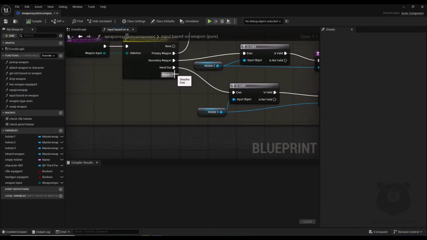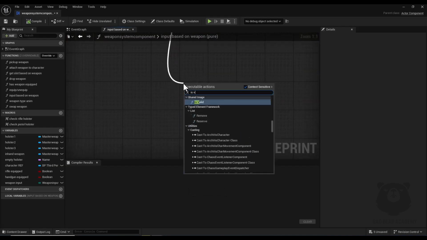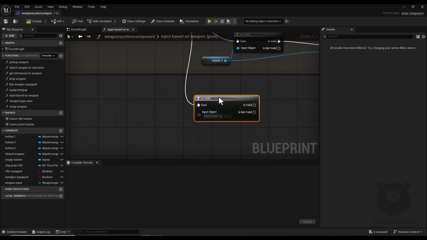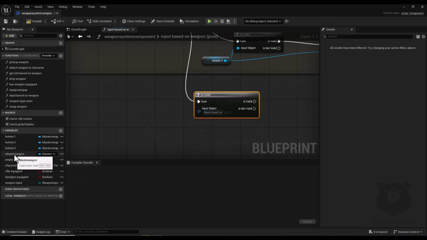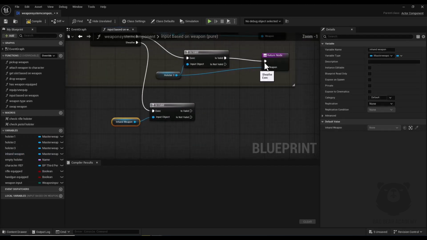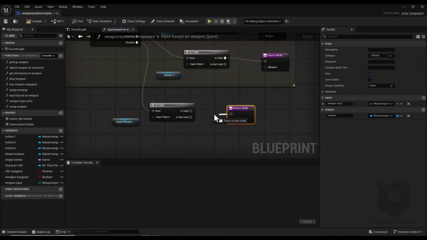I drag a node and I search for the is valid macro, and here I connect my in-hand weapon variable. I select this return node, and with Ctrl C and Ctrl V I make a copy and connect it to is valid, and I also connect my in-hand weapon to this